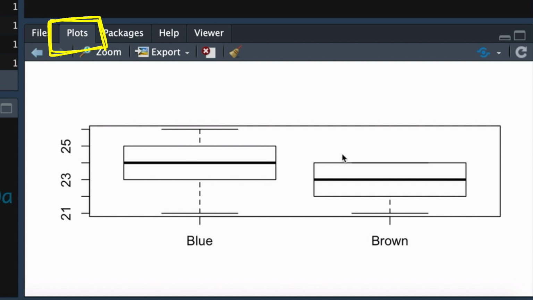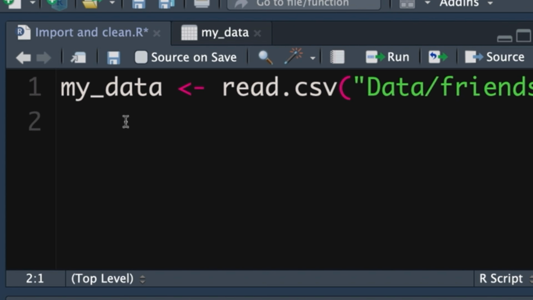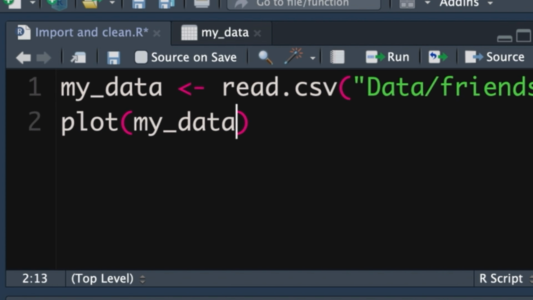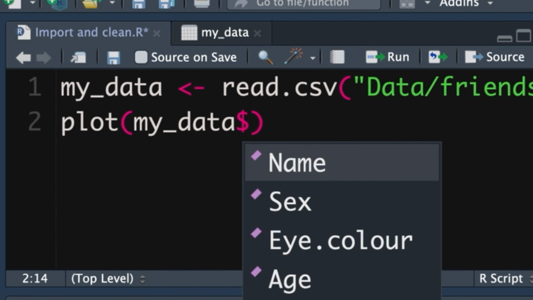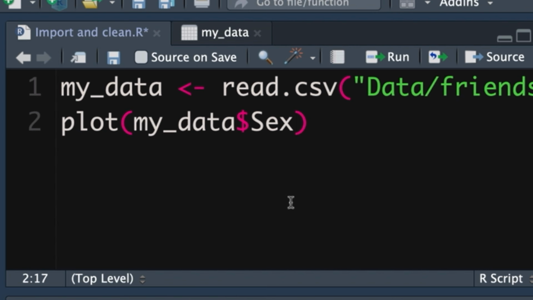Right. Let me show you, if in our data we create a plot. So we've got this variable called my data. We might want to create a plot using my data. So when we create a plot or do something like this, we refer to, first of all, the data frame that we're working within, and then within that data frame we use a $ sign to say what variable we're interested in, right? So we might want to look at sex and